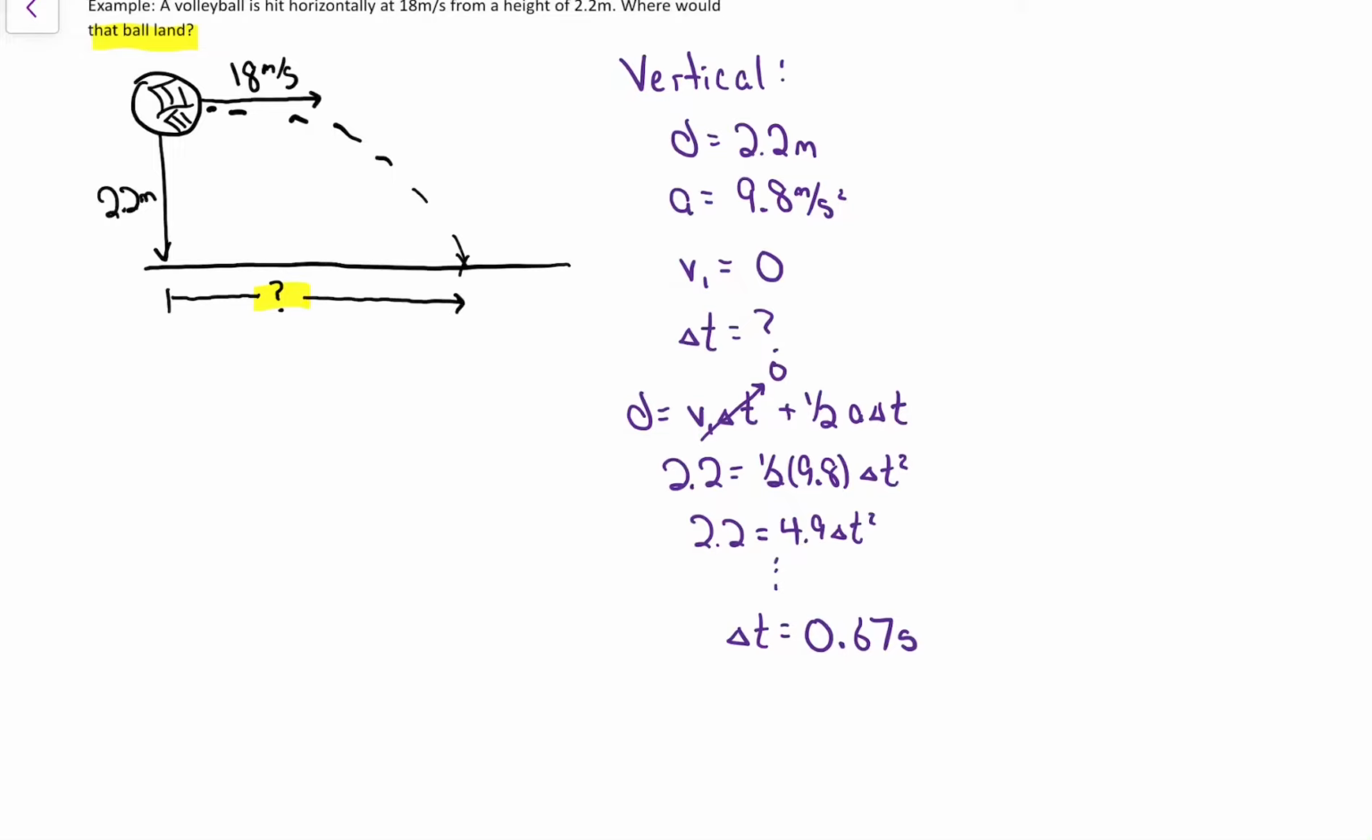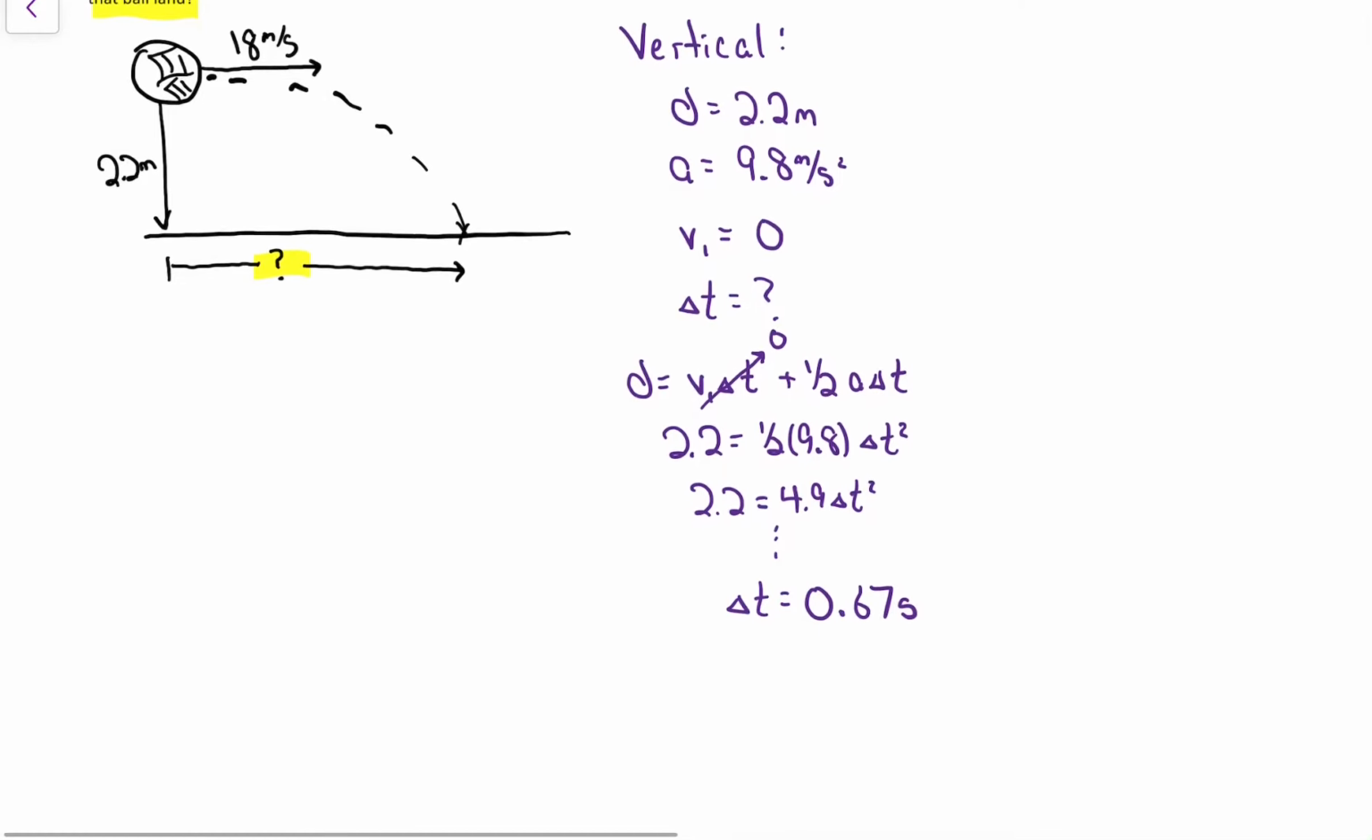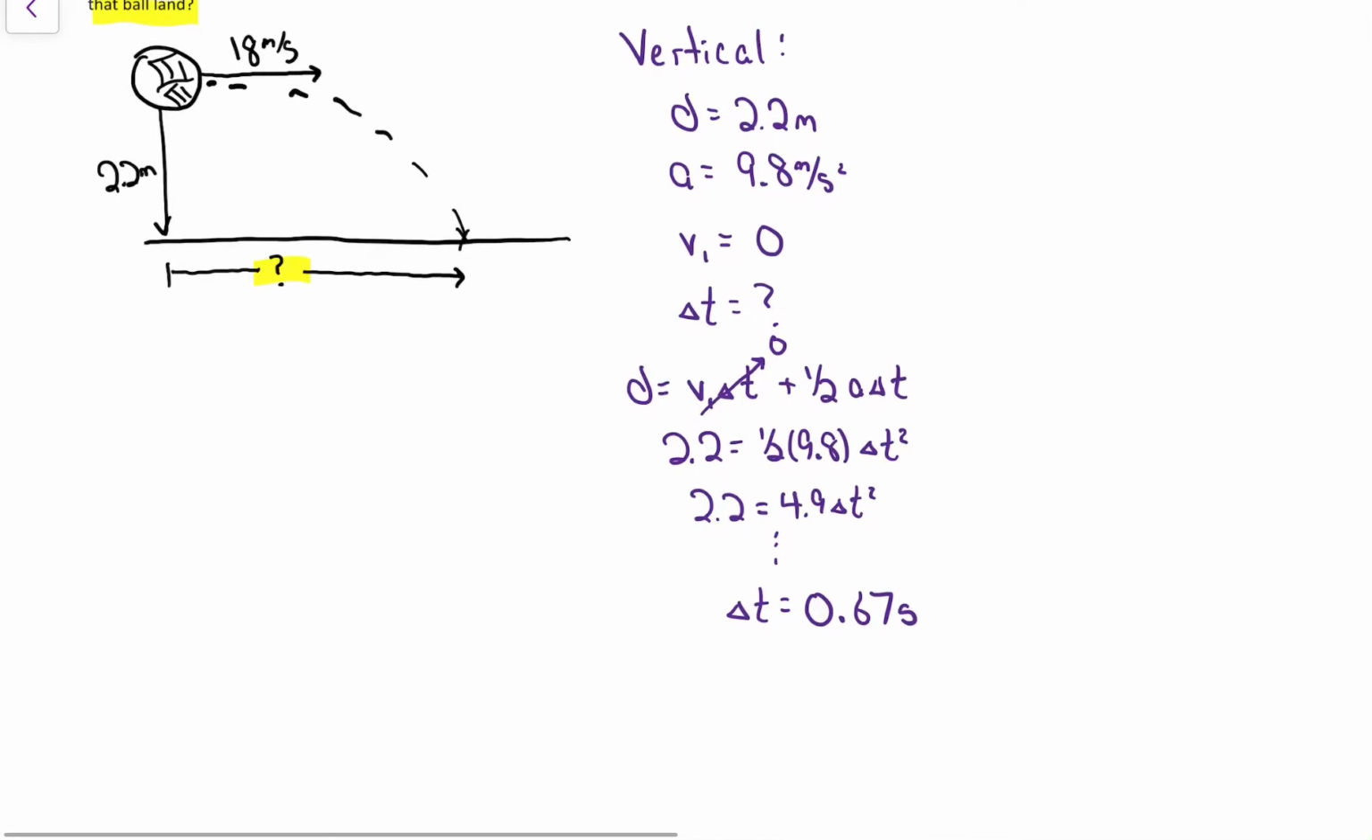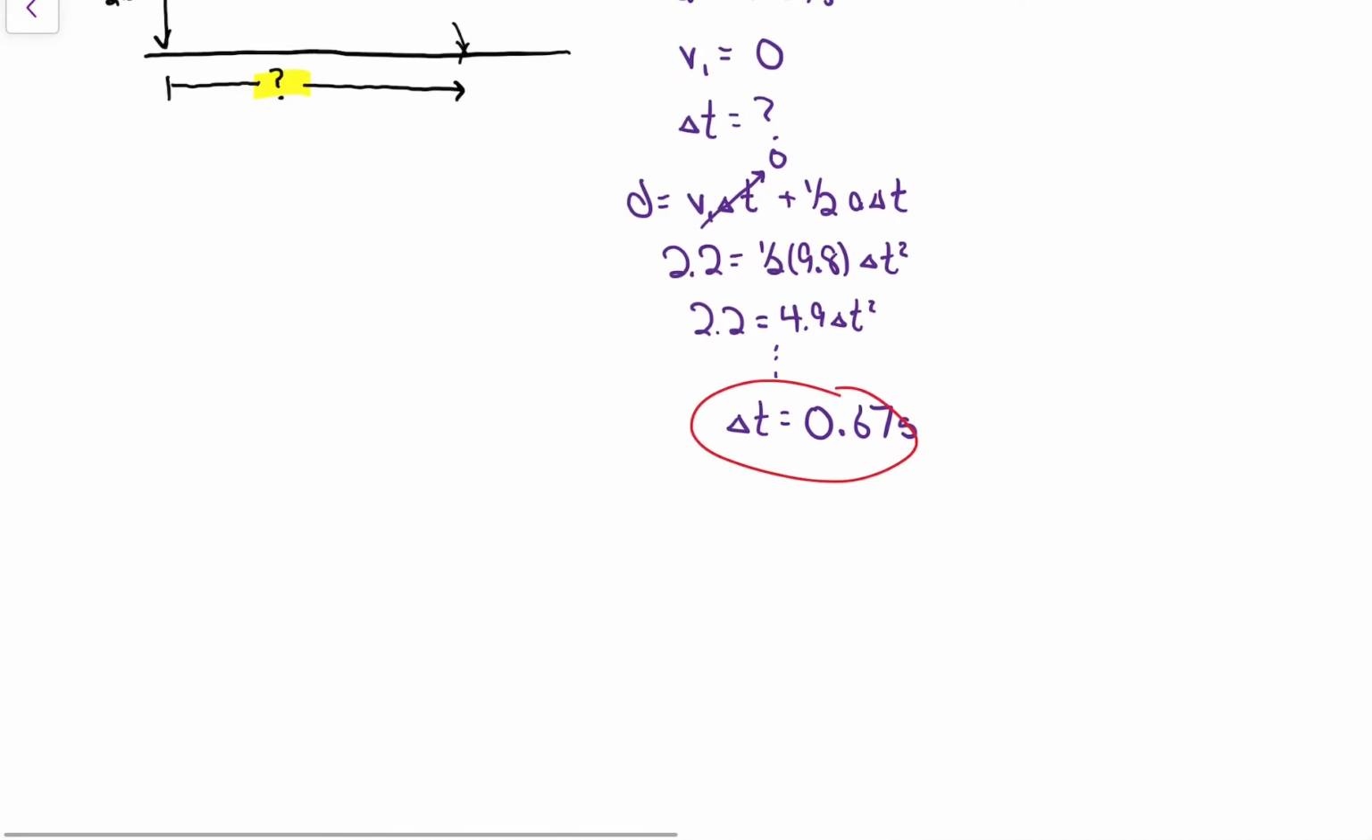Now, if we change perspective again, if you were way above this, watching this volleyball fly through the air, from the perspective of above it, you may lose track of the fact that it's falling and just see it cruising across the ground at 18 meters per second. And it does that for 0.67 seconds. So horizontally,